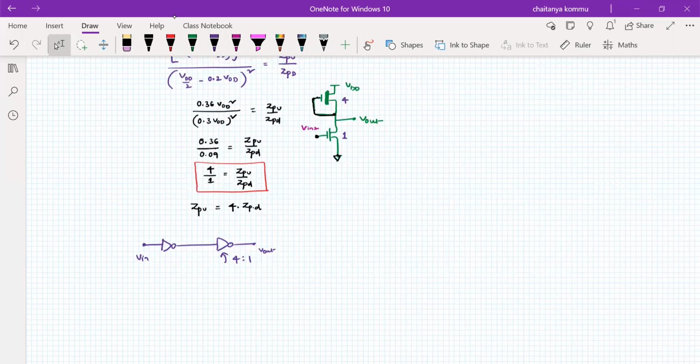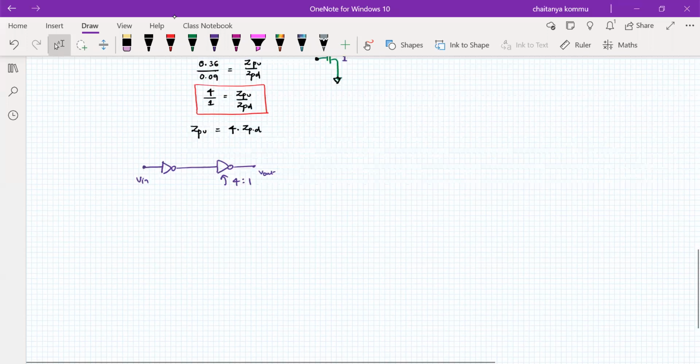Okay, now shall we move on to another approach, another method? So far we have seen an inverter. One of the different types of inverters that we have seen: one inverter is